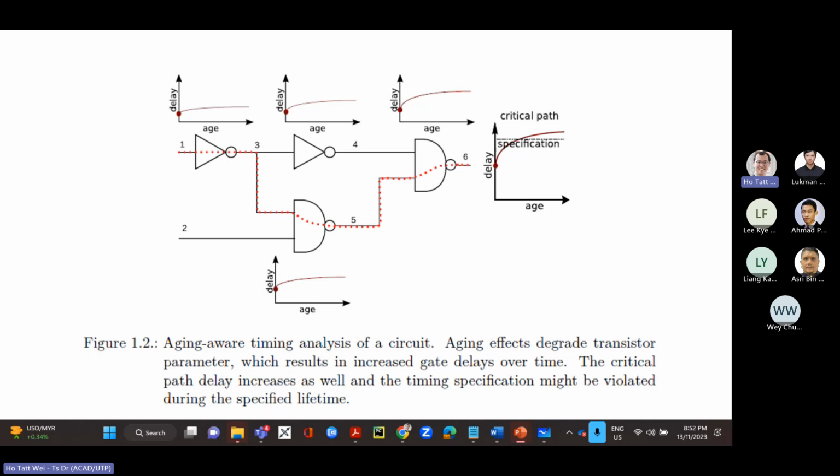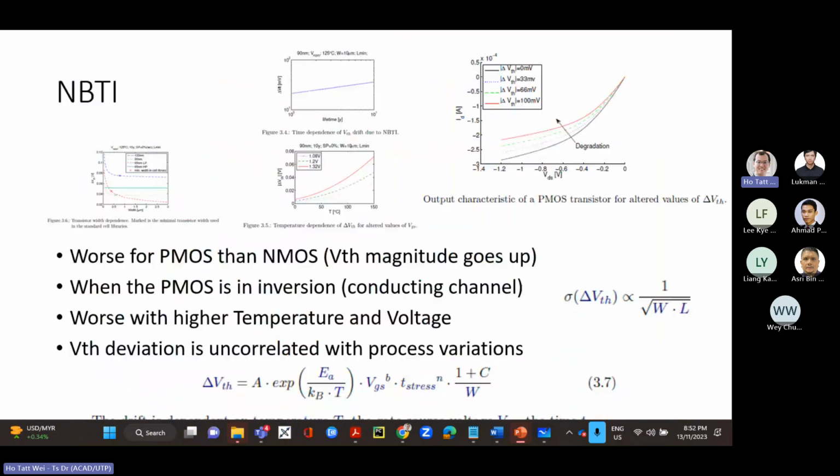And if you care about aging, if you want to use this type of circuit for a long duration, 5 years, 10 years, or you want high reliability, then you might need to do some analysis here so you can have all the qualitative factors that help you compare which one is more sensitive, and you can also have some guidelines on how to estimate this to within a certain ballpark. Okay, so that's the whole point of getting you to do the BTI and the HCI analysis, that you look at the path in a logic circuit.